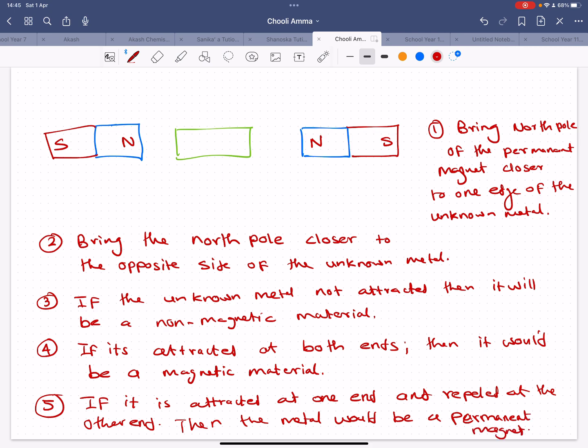Okay, it's very straightforward. So if you have a metal and you don't know whether it's a magnetic metal or a permanent magnet itself, you first take a permanent magnet, bring the north pole to one end, and check whether it is getting attracted, and then do the same thing on the other end. If it is not attracted at both ends, that means it is a non-magnetic metal. If it is attracted on both sides, then